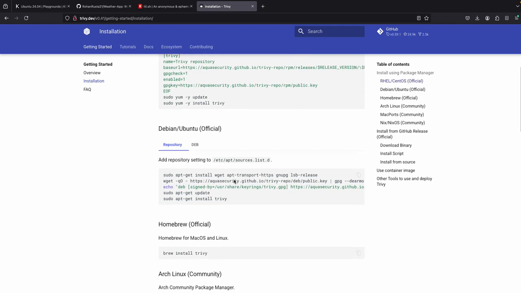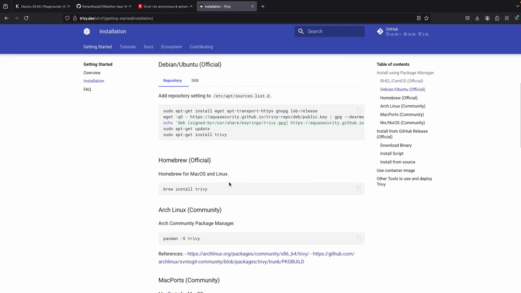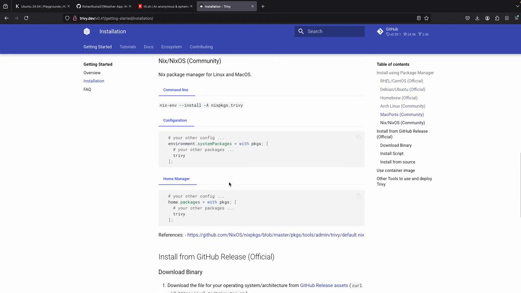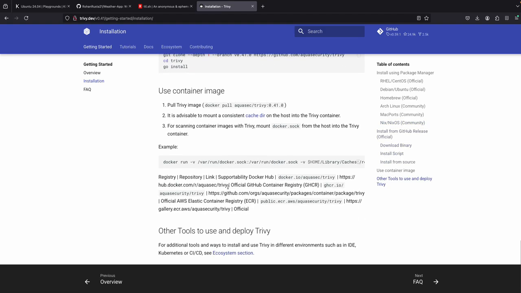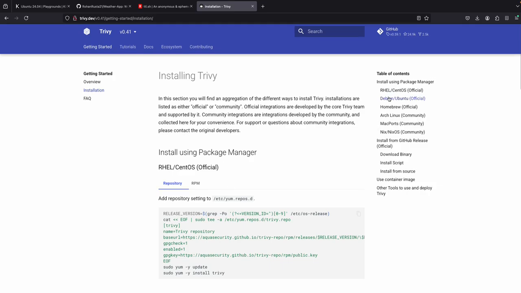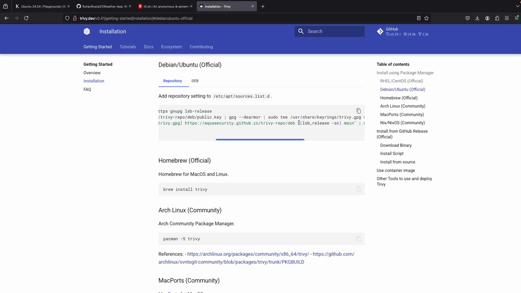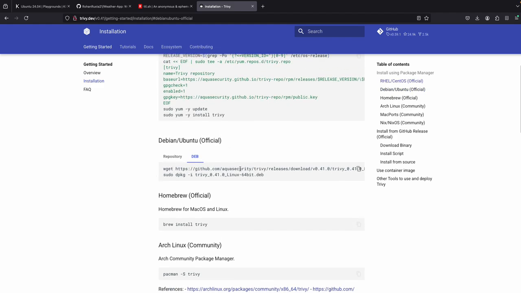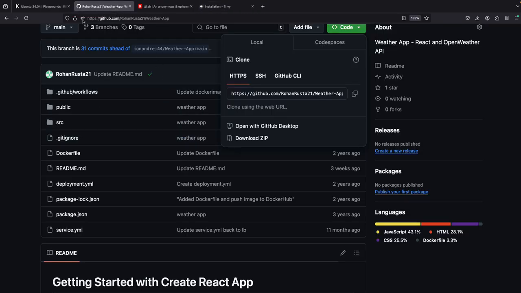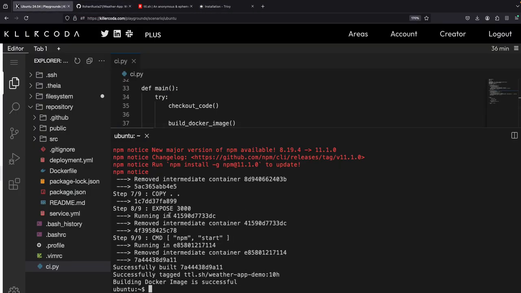Yes, okay. So I will be using this Debian one because the operating system I'm using is Debian. So I just need these two commands which we can use in our third stage as